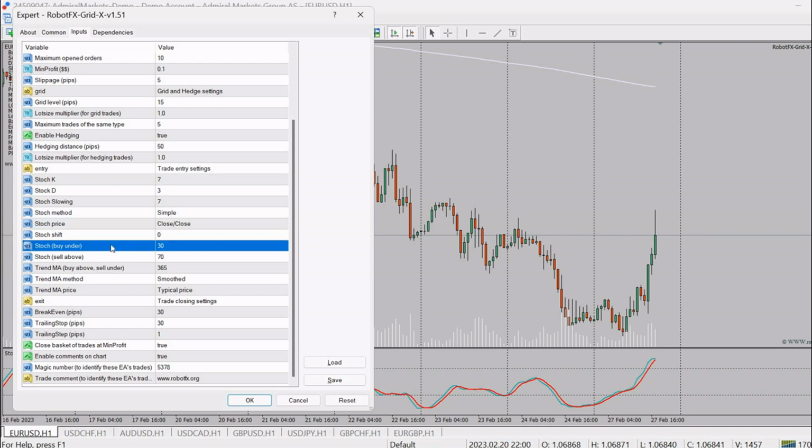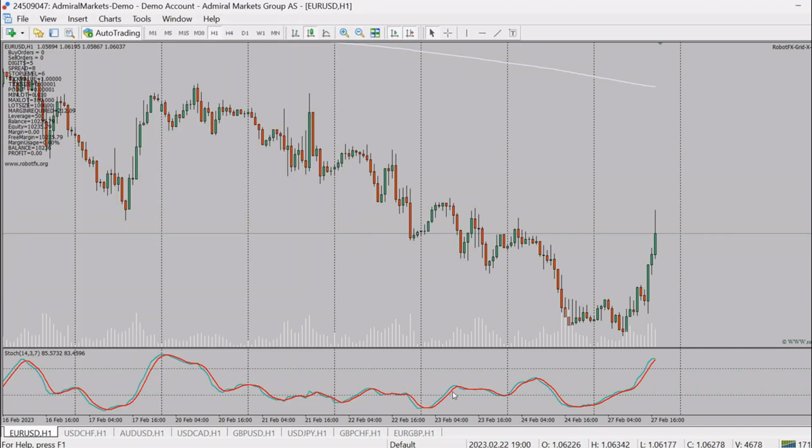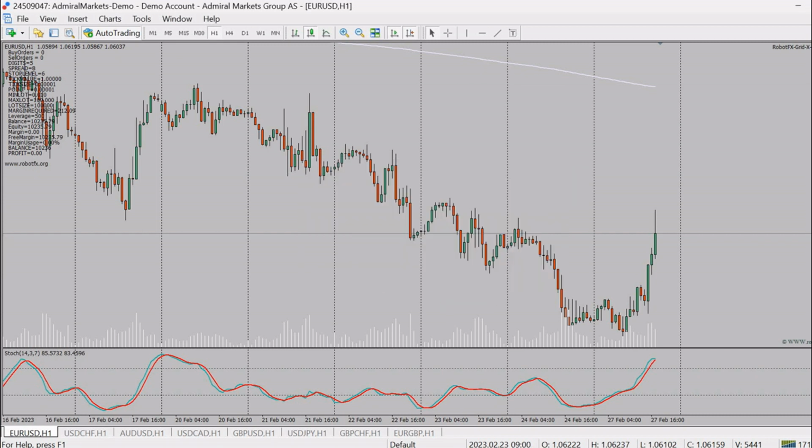And basically, with my settings, we are instructing the expert advisor to buy under the 30 level, which is the line right here. This is the 30 line. And to sell only above the 70 level, which is the other line, the one right here. I'm going to make them solid lines to be more visible. So basically, I want the expert advisor to open a sell whenever the stochastic moving averages cross above this 70 level line right here,